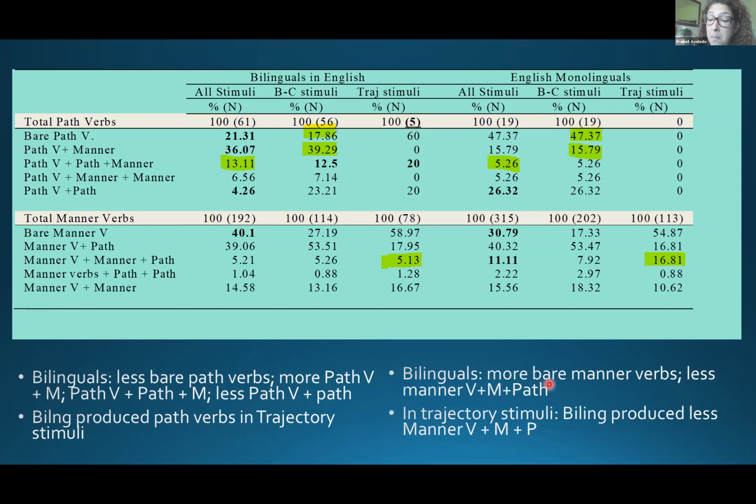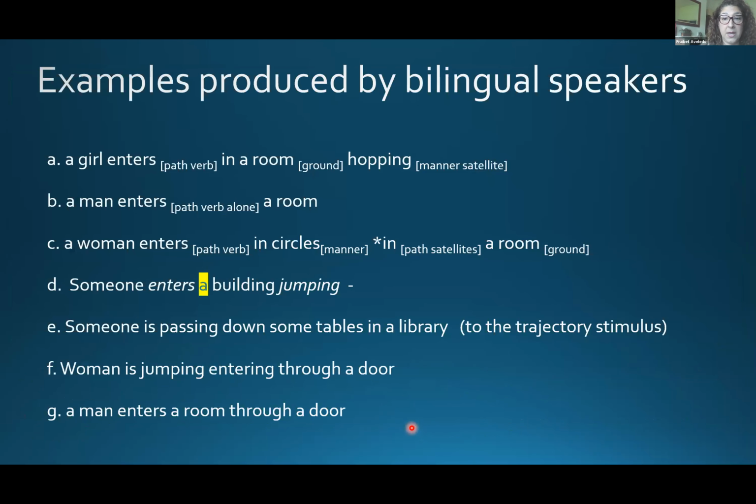They are producing more bare manner verbs in English, which is also typical from Spanish, less manner verbs with other manners and path. And in trajectory stimuli, we observe less production of manner verbs in combination with other manners and path. So here I have some...